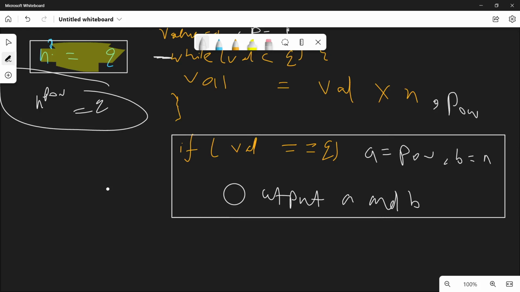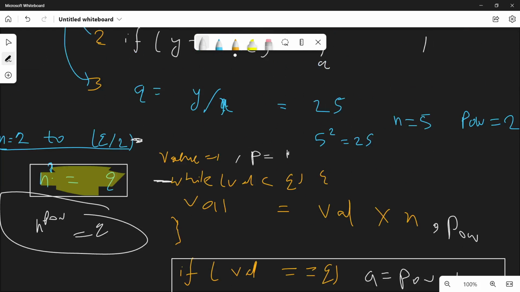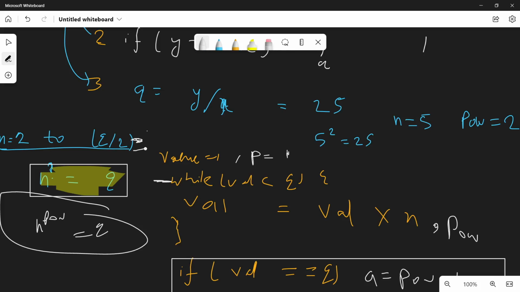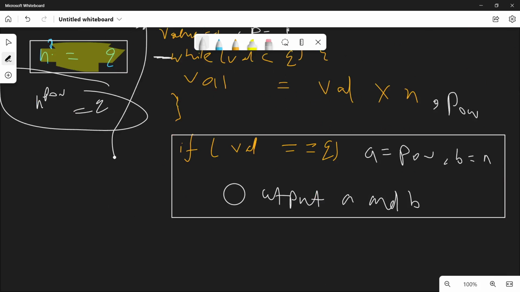And if no such values are present and this loop is over, then after returning from this loop, you can finally print.